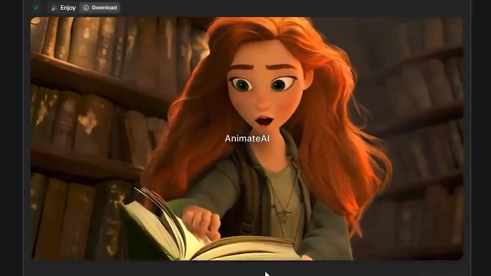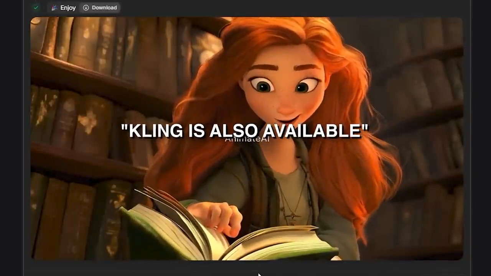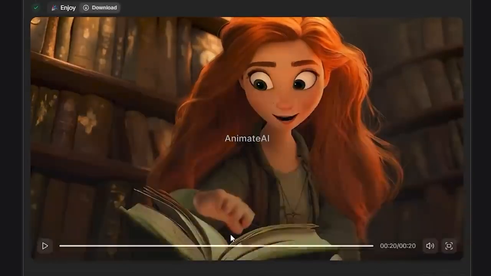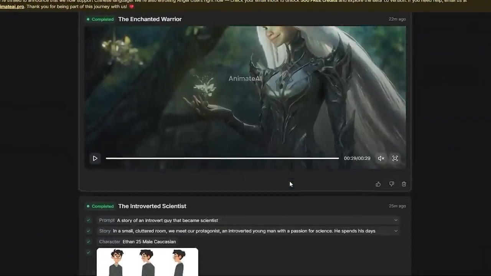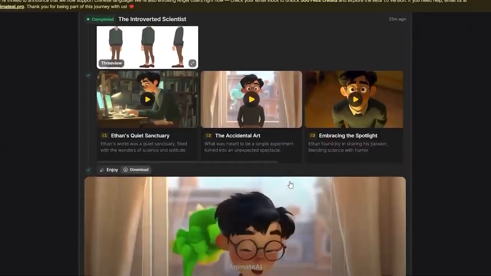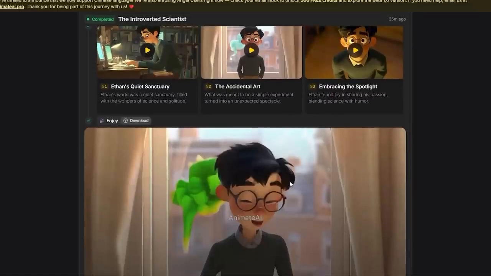And this will obviously not generate a 29 seconds long video always. You can adjust your video length according to the number of scenes. So these are some of the generations that I tried. Well, you can obviously do better than me. This is just the idea of how to use this and what the possibilities are.